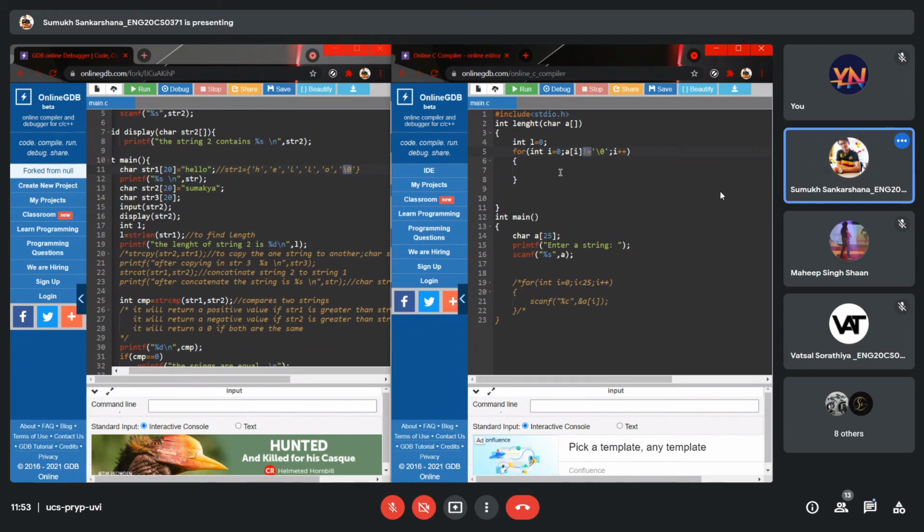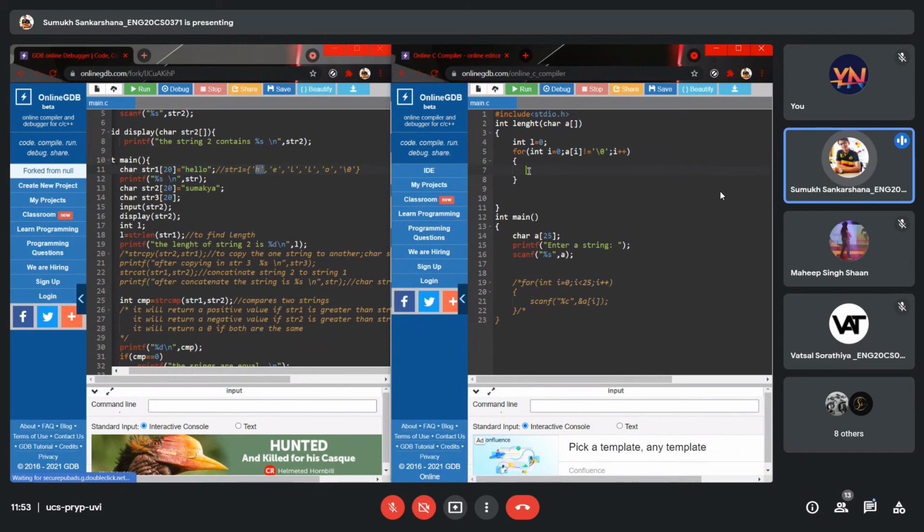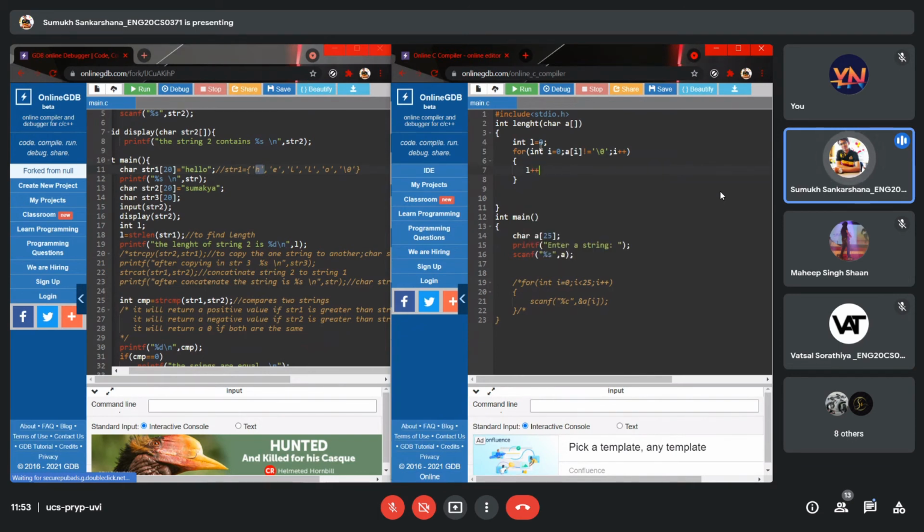Since we start from zero, and we know arrays always start from zero, correct? We start at zero, we check the element, and we increment the value of the count, which we are doing here. We increment it, we check, we increment the value. You know this is an increment operation, right? It increments the value by 1. This is nothing but L is equal to L plus 1.